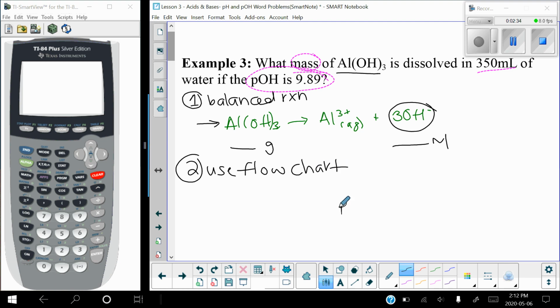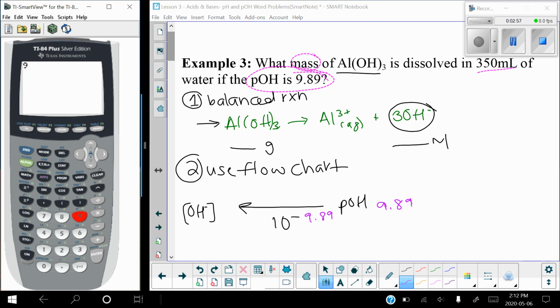So we have pOH. It is 9.89. Fantastic. We're going to work that backwards to find our hydroxide concentration. To get there, you're going to go 10 to the power of negative 9.89. So, let's clear that, 10 to the power of negative 9.89. Okay, so I get my hydroxide concentration, which is